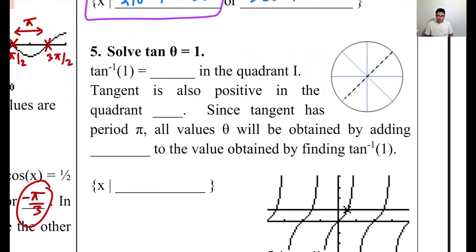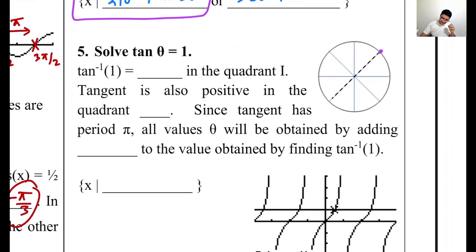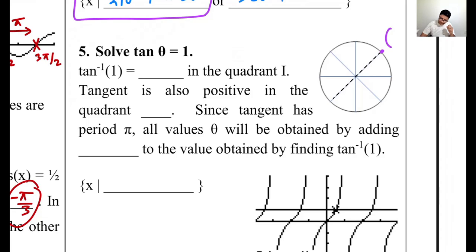Solve tan theta equals 1. Okay. So for sine and cosine, we saw this concept that there are going to be two angles between 0 and 2 pi. And once you find those two angles, you can add multiples of 360 degrees or multiples of 2 pi. Okay. Let us move on to tangent. Solve tan theta equals 1. On the unit circle that happens at